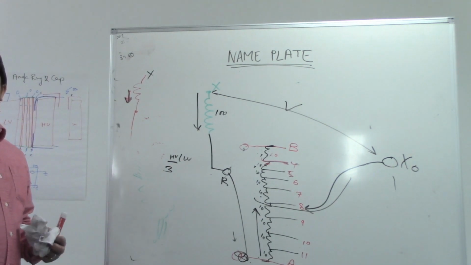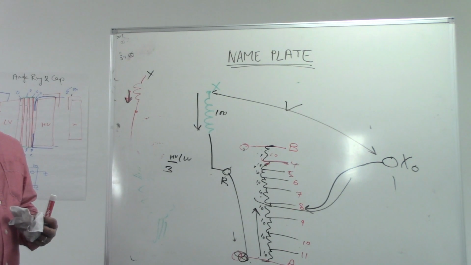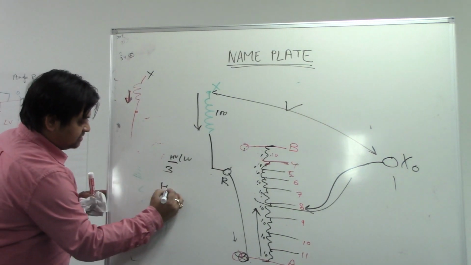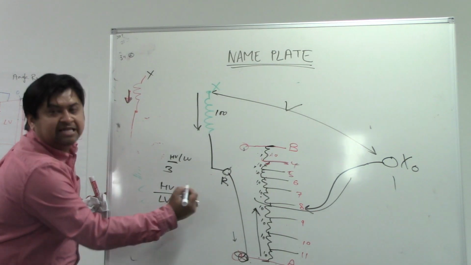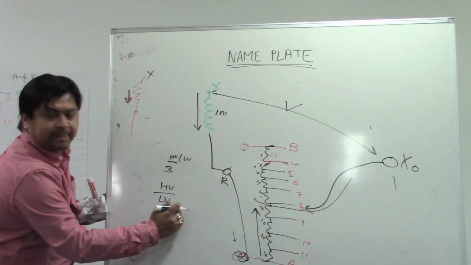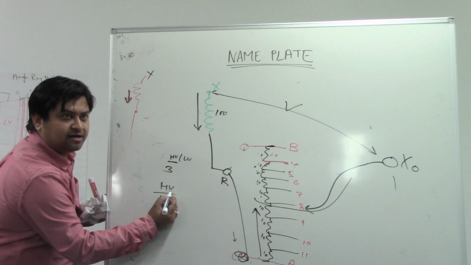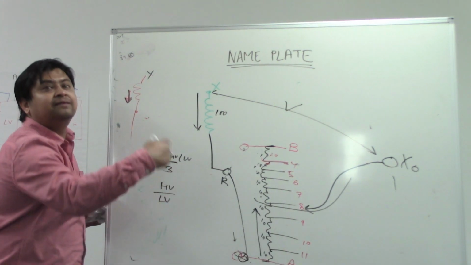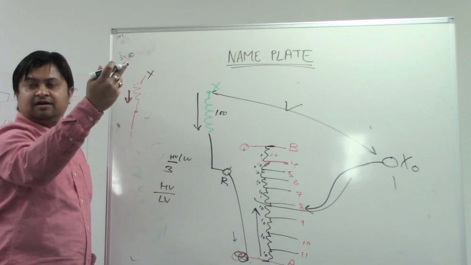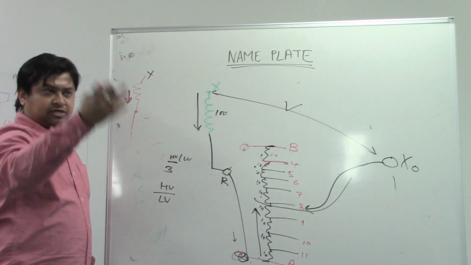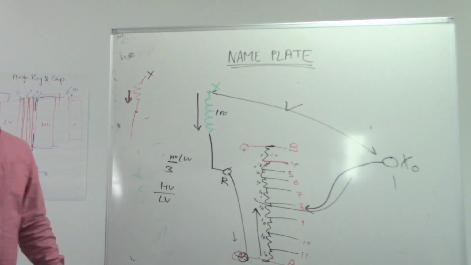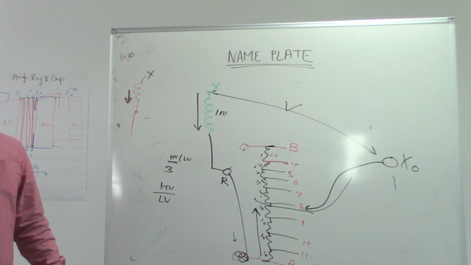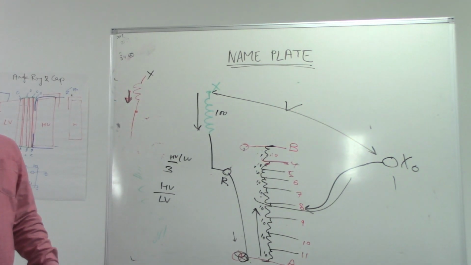You are getting more turns added on the LV, so high voltage divided by low voltage. Now, if you go towards 16R, your ratio will come down, because HV is constant and on the low voltage you are increasing number of turns. So your ratio will come down. Once you go to the negative side, your ratio will get an increase. On the low voltage side, the 16L side, you will have higher